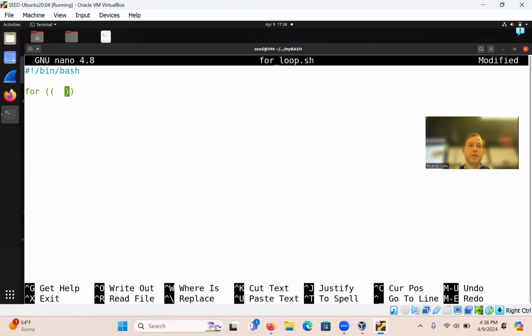Okay, then I will use spacing here, one space. And I'm going to say n equal to, semicolon, n less than or equal to 10. So notice it's got the familiar C++ format for the for loop, and then n plus plus. And then here probably just leave one space. Okay, everyone with me? So yeah, so just do that.